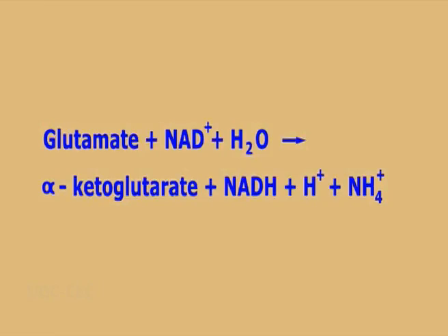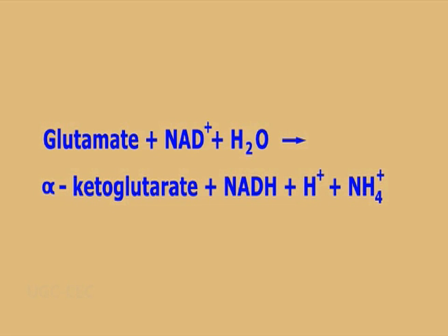In deamination, this amino group is removed as ammonia. Deamination usually occurs coupled to an oxidation, resulting in conversion of an amino acid to a keto acid. This makes the overall reaction one of oxidative deamination. Ammonia enters the urea cycle where it is converted to urea and excreted. For example, glutamate plus NAD plus H2O is converted into alpha ketoglutarate plus NADH plus H plus ammonia.